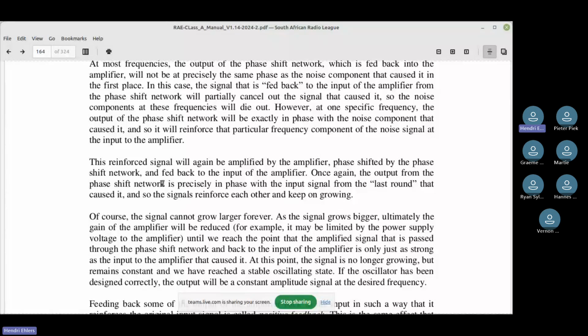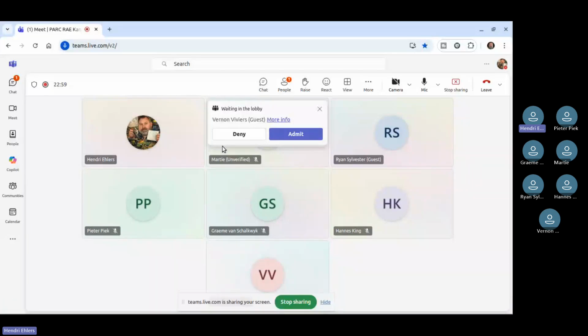Mustn't gain anything and mustn't lose anything. The total phase shift around the loop must be 0 degrees or a multiple of 360 degrees. So in other words, it must be 100% in phase.